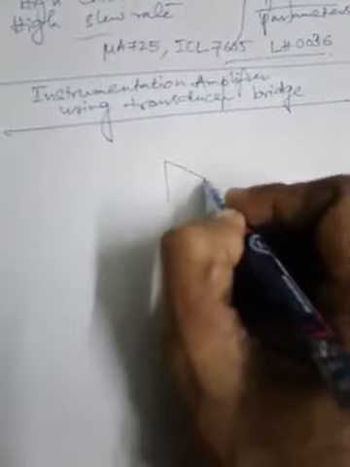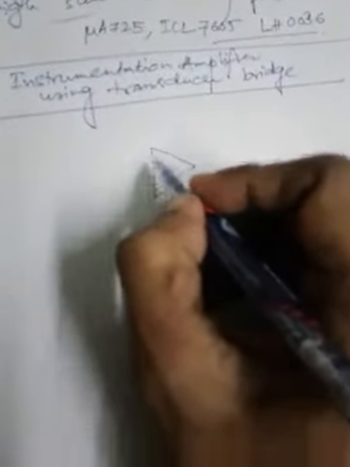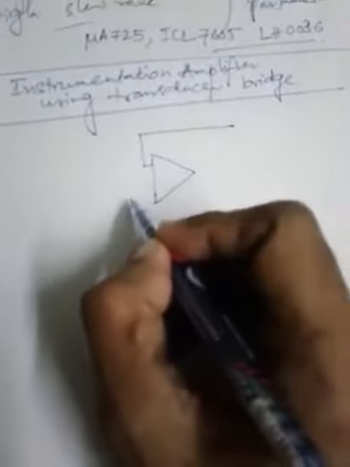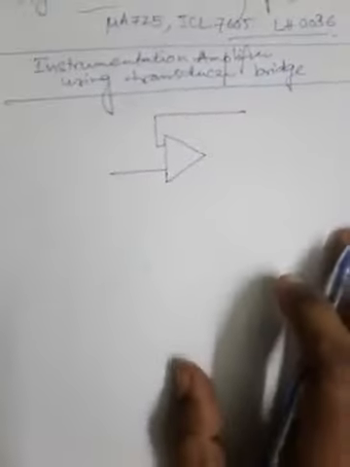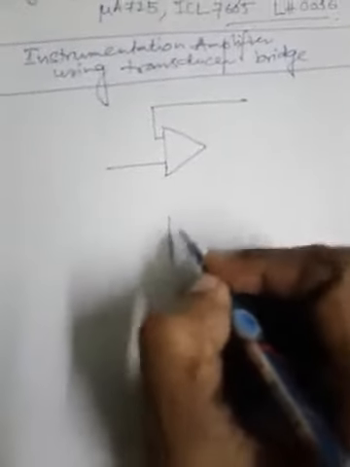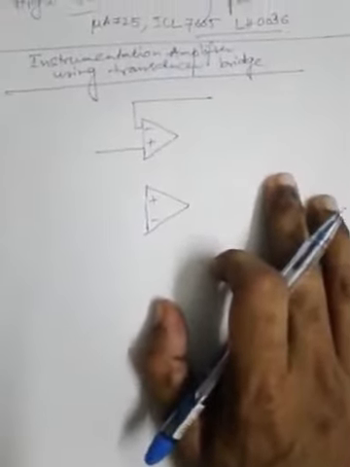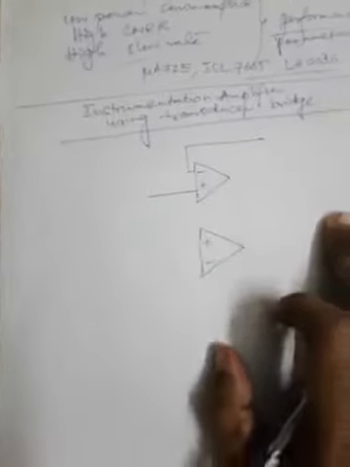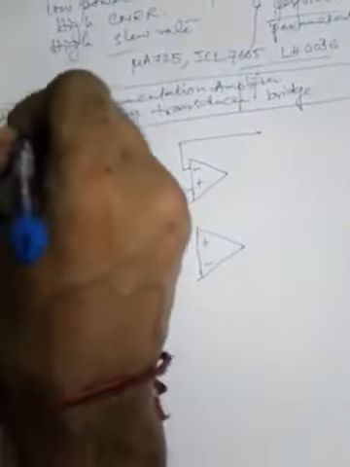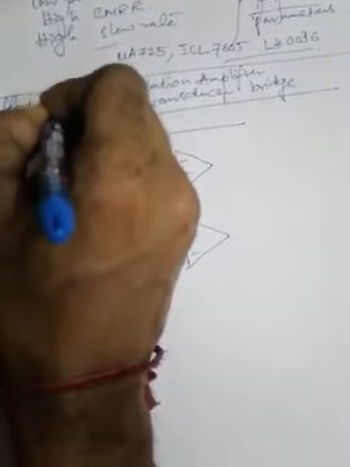Now here we will be considering a differential amplifier basically to understand the operation of instrumentation amplifier, and at the part where the transducer is to be shown, that should be connected or configured in a bridge configuration. So it is basically the differential instrumentation amplifier using transducer bridge. So it should be better, the name should be given as differential instrumentation amplifier using transducer bridge.